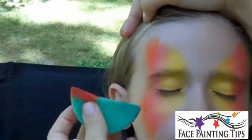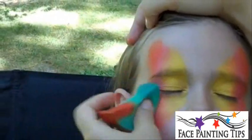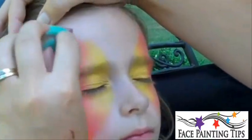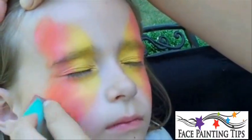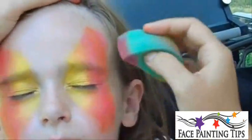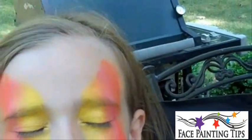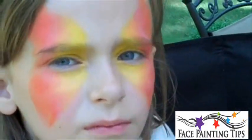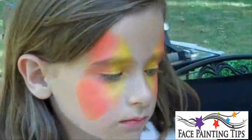So don't worry if it doesn't look perfect at this stage because your line work is what's going to make it happen. I'm picking up my pink one again so I can blend my pink back into my orange. Let me duck down a little so you can see. Whoops, that was the yellow I was doing there. So at this point you have the base of your butterfly. I'm going to add,